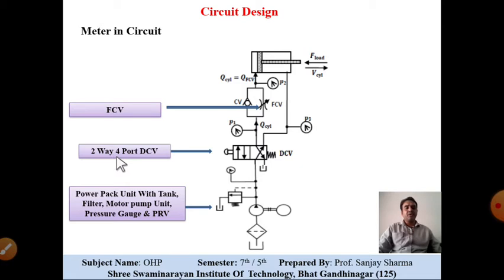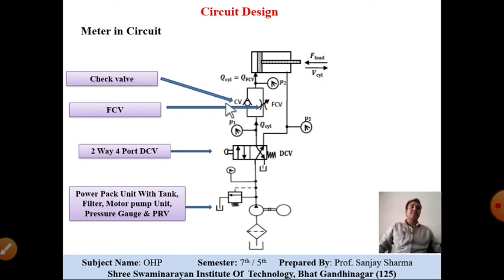Why is it termed as 2-way? The only reason is there are A and B ports only. There is no C, that is the intermediate, as we see in the 3-way valve. 1, 2, 3 and 4. The tail and head of the arrow, so both have 2 ports each. So total 4 ports are there. This is the direction control valve. Now here this is the arrangement. Now let us see what is the arrangement in the system.